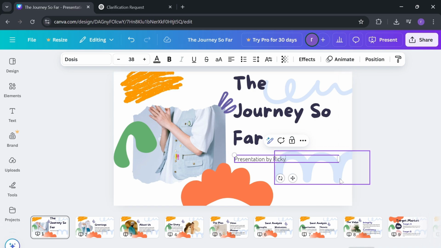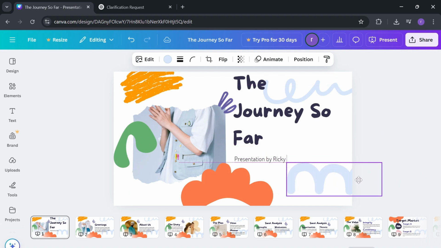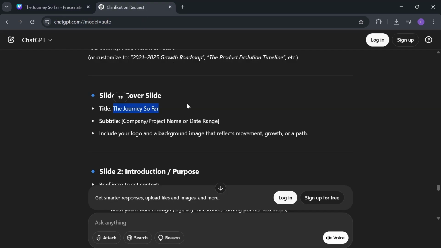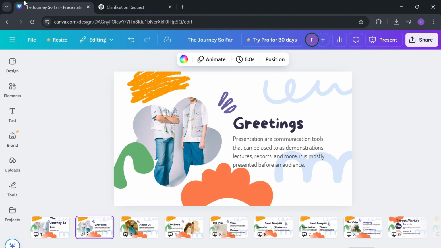You can also remove or add these elements here and there, and you can also change the font style and size. And then this is the title, so let's just see whatever it says. It says include your logo and background image that reflects movement, growth, or path. As it's a tutorial video, I'll let it be and go to the second page, page 2, and